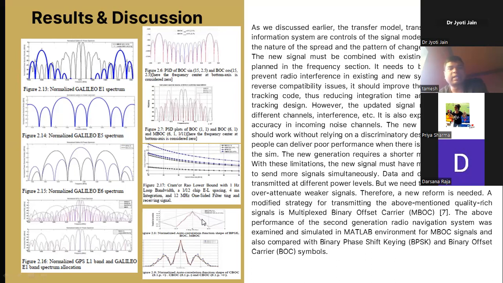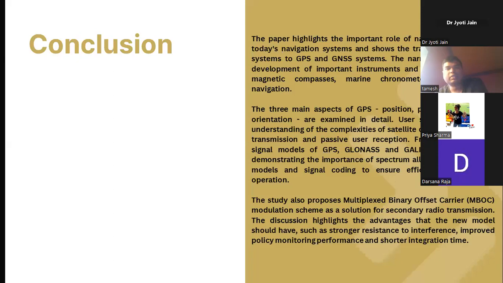signal. But what is the problem? The problem is it has the side peaks. It has the side peaks. That's why its tracking error is crucial. But we also think that it has the lower tracking error, so it has the higher peak. So in the time phase, code phase to Doppler phase. So that's why we are choosing the multiplexed binary offset carrier.